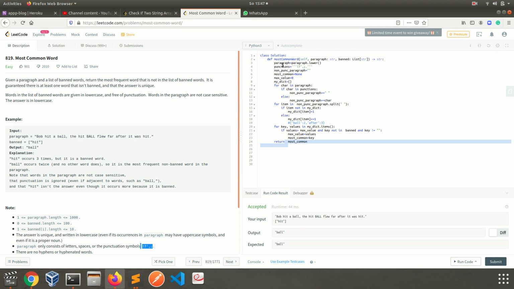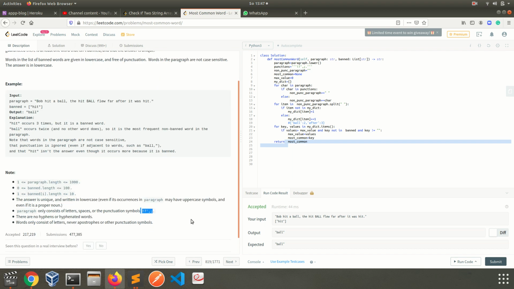I converted the whole paragraph to lowercase by using Python's built-in function lower. After that, I defined the punctuation characters, because if you look at the question, the paragraph only consists of letters, spaces, or punctuation symbols like this.